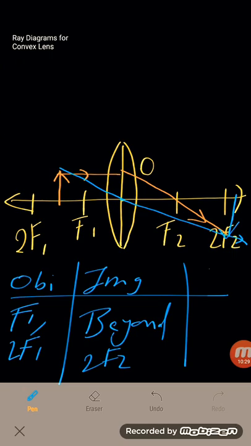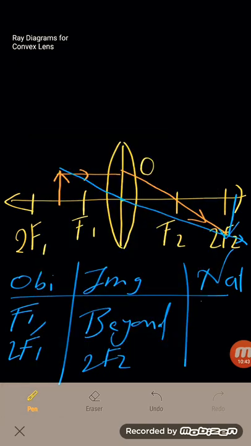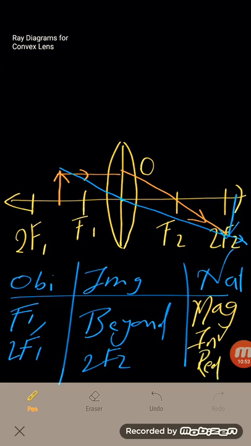right? And what is the nature? Remember this, when the image is formed beyond 2f2, it's always magnified, and of course it's inverted and real, right? That's so easy,